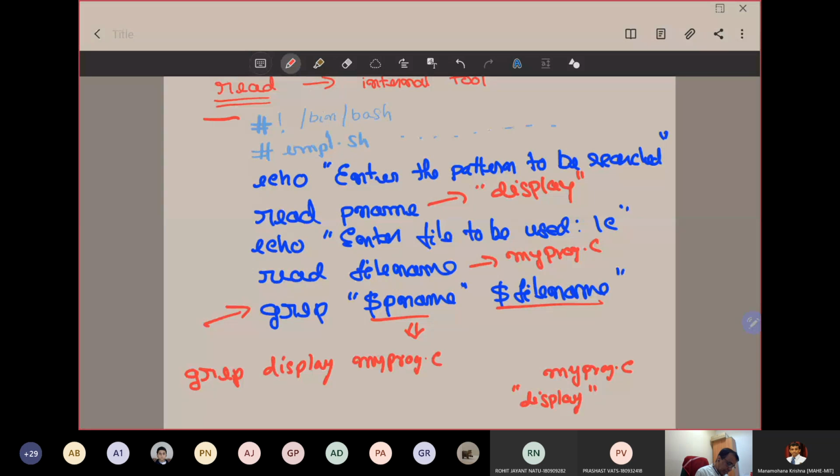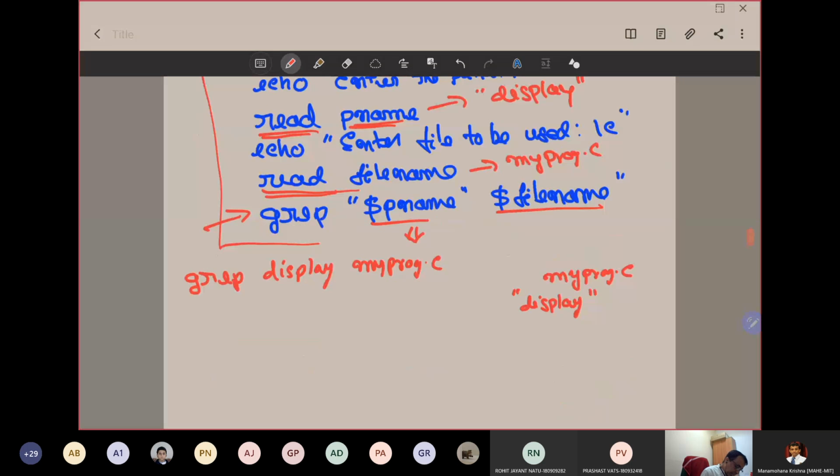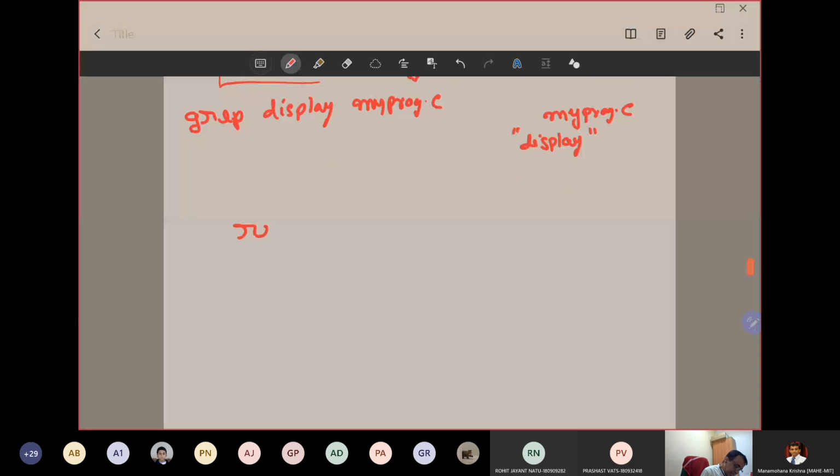Now write this, save this particular script and execute it. The point is how to write a read statement here. Read and some variable name. Once you write one variable name, once you say read and enter some variable name to it, say for example x,